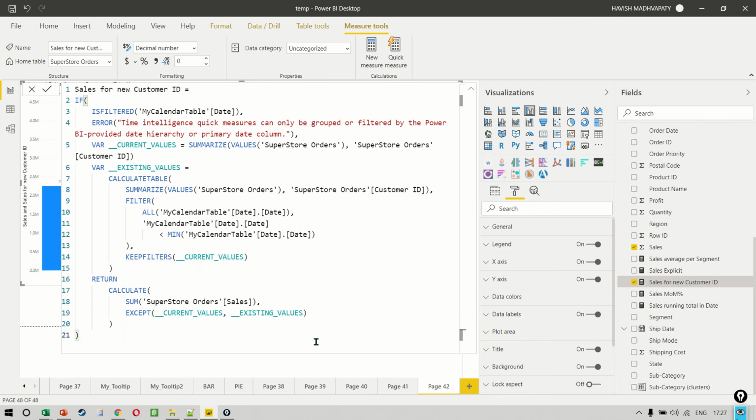Of course, I've given a 30-second explanation for a 1 hour topic, but this again is something you should take up as a challenge only when at least every single function is clear to you. So when you've been working with DAX for a while, I do have a separate course covering DAX functions as well. Once you're very clear with all these independent functions, that is when you should tackle this particular measure. Otherwise, the measure does its job. You don't really have to manipulate things too much. It just gets the job done extremely well.